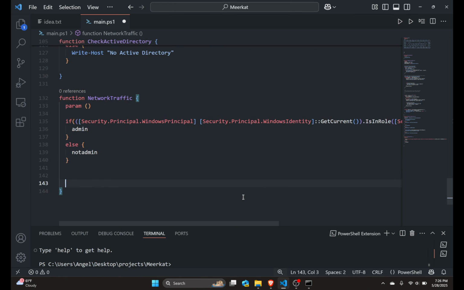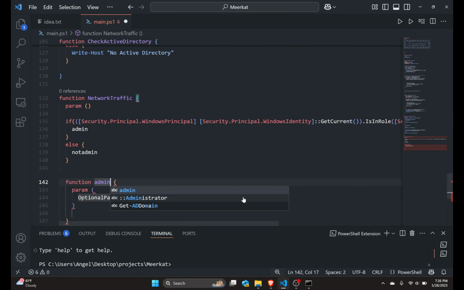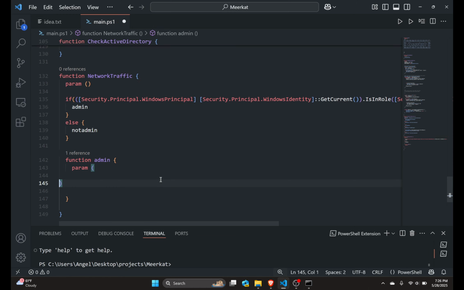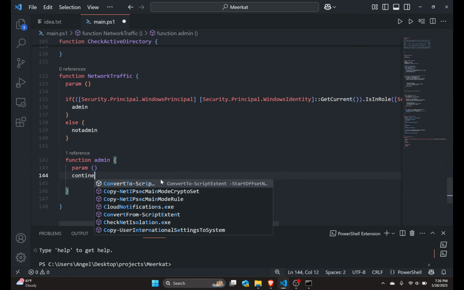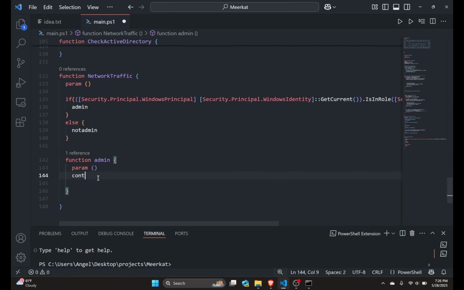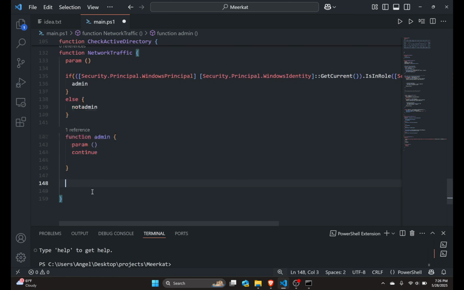So we're going to make two functions. Function admin. We're not really going to focus on the admin part. I will show you how to sniff the network traffic once you are admin, but for now we're not going to do that. For now we're just going to make the function for the not admin,